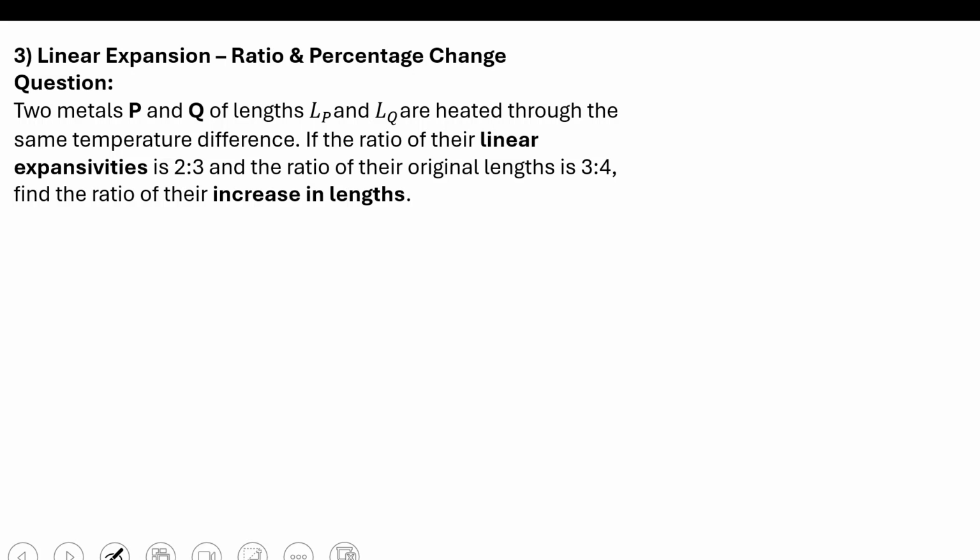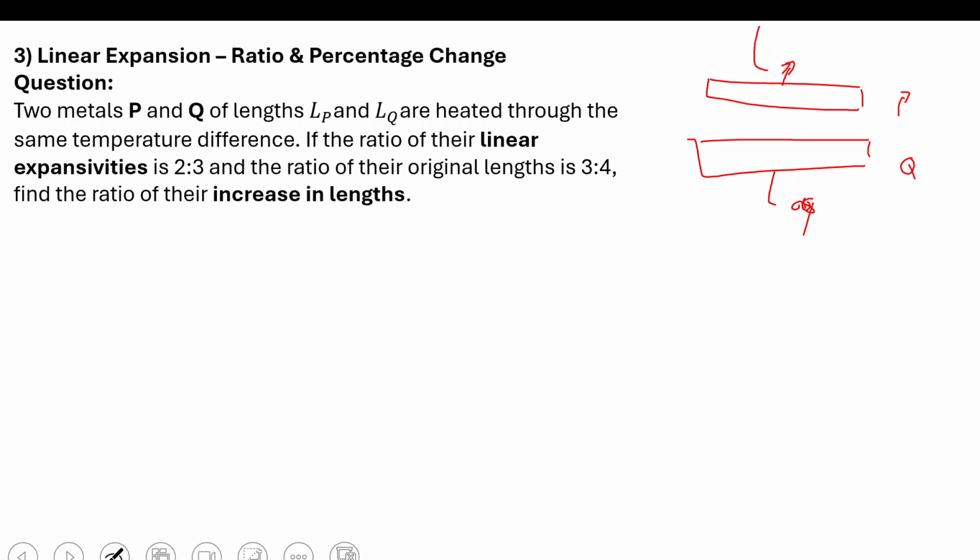So we are going to linear expansion, ratio and percent change questions. We have two metals, P and Q, of lengths LP and LQ. Let me just draw the metals like this. This is one metal, called P, and the second one is called Q. This length is how long it is, so this one is LP and this one is LQ. Okay, so the two of them are there. If the ratio of their linear expansion is 2 to 3, then for linear expansion,